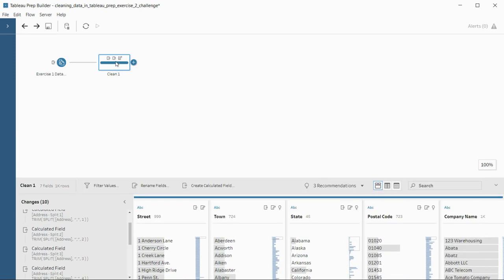In order to do the reusability, right-click on the flow which you want to reuse again and again. Here you can see an option called Save Steps as Flow. Here you have two options: one is save to a file and the second one is publish to a server. Let's say save to a file.